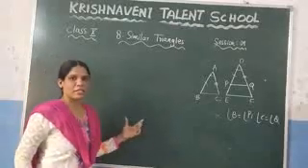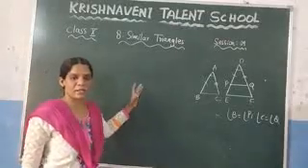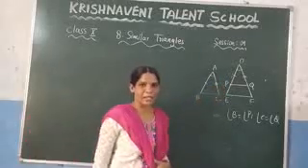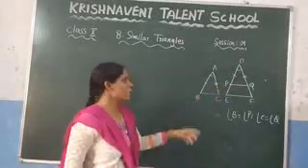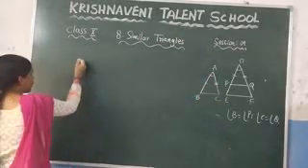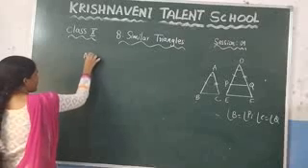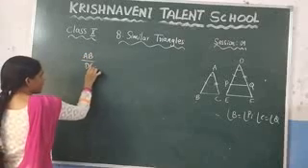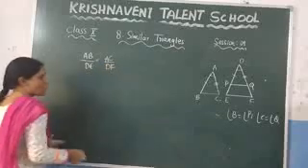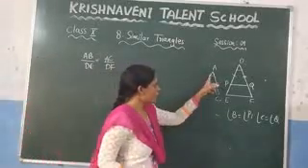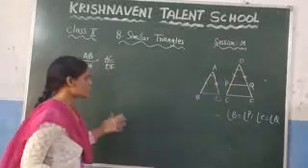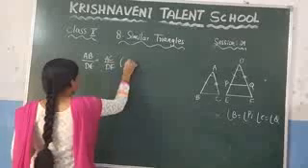Now here, the condition given in the question, in the given we have written, angle A is equal to angle D, and after that we have written, the included sides are proportional. So according to what I have written here, AB by DE is equal to AC by DF. This is already given, right? This side is proportional to this side and this side is proportional to that side. So this is by what? Given.